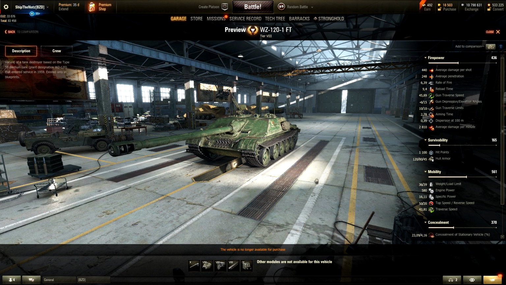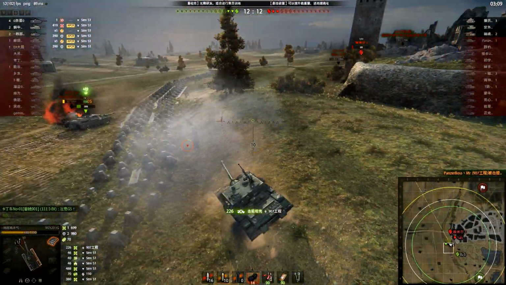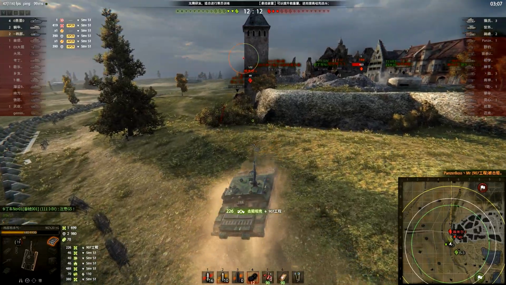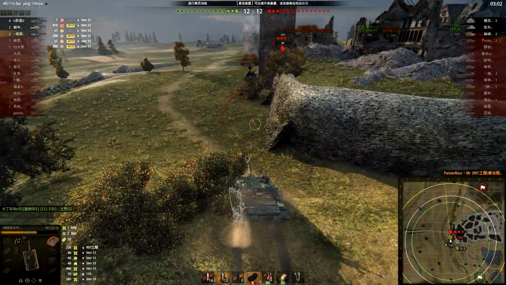Now average damage per minute is actually really good, 2810 DPM with 100% crew, and this DPM is actually one of the best compared to any other Tier 8 tank destroyer, and I'm not talking about Tier 8 premium TDs over here, but any other Tier 8 tank destroyer. So this DPM is awesome, and overall firepower, decent average damage, or actually I can say really good average damage, decent penetration,